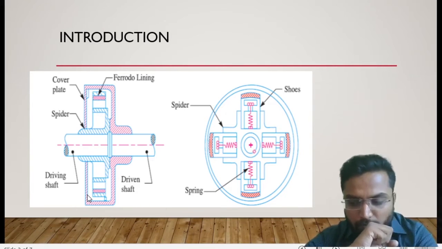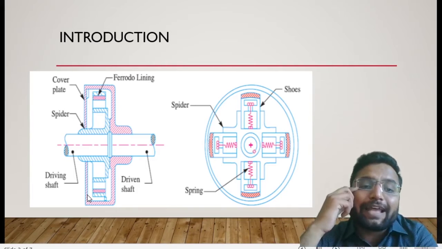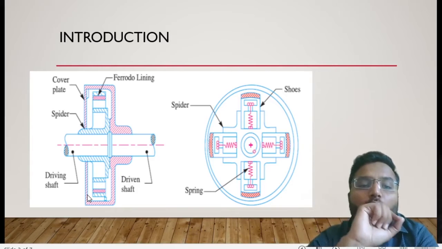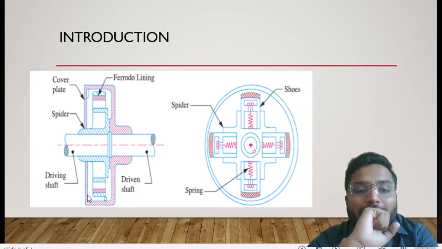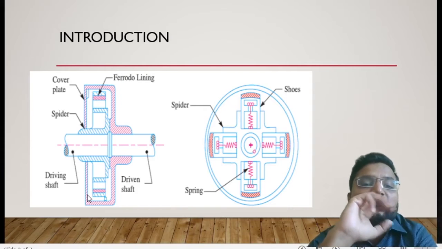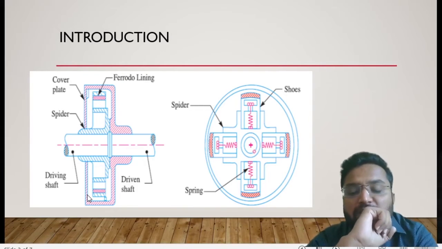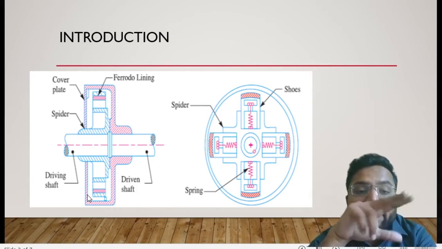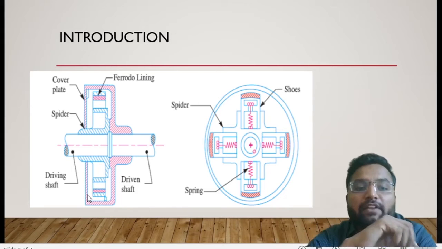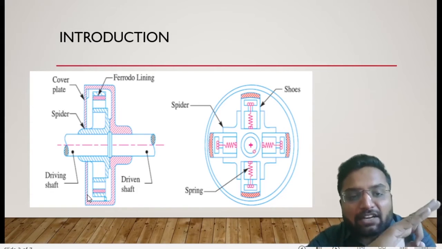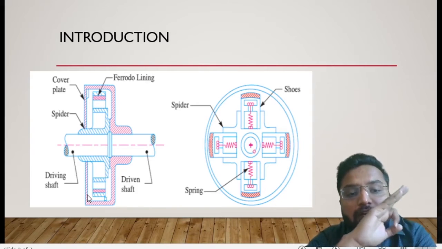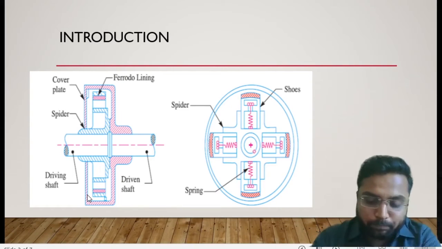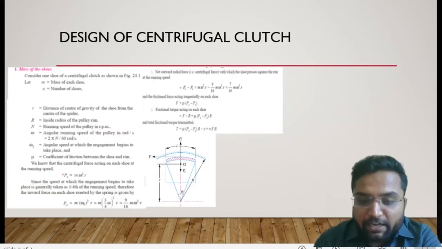When centrifugal force is acting outward, at the same time, spring force acts inward on our component. Clear? So, while designing this, we should understand the resultant of these two forces: one is centrifugal force, and another is spring force. And the difference between these two forces should be sufficient to create that constant frictional torque, so it can withstand in the same position. Clear? Let's move on to the design of this component.